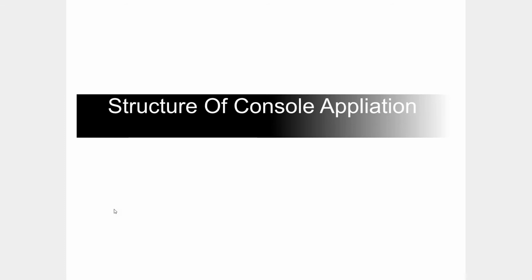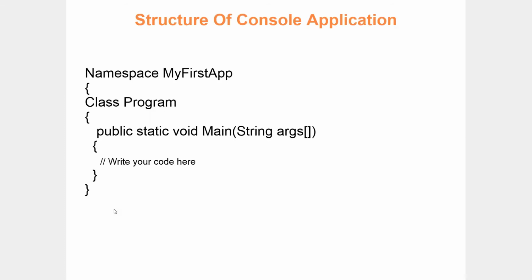So a starting point is mandatory for every type of project. It can be web, Windows, console or anything. Every application, every software, every project requires its own starting point in order to proceed with the further execution. So when you talk about a console application, a console project, yes, our application also requires a starting point. So what is the starting point over here? Here also the starting point is going to be the main program. Okay, so let's see how the structure looks like.